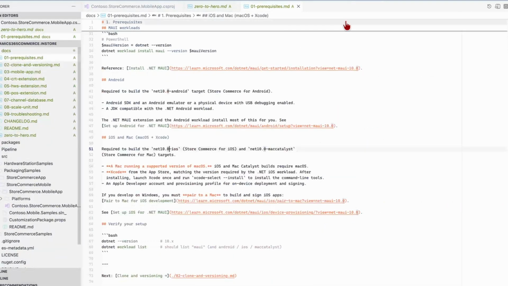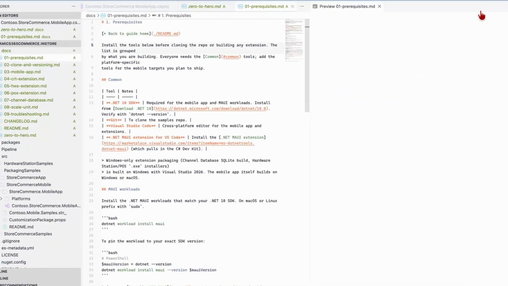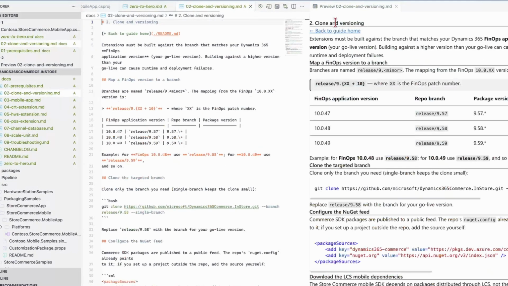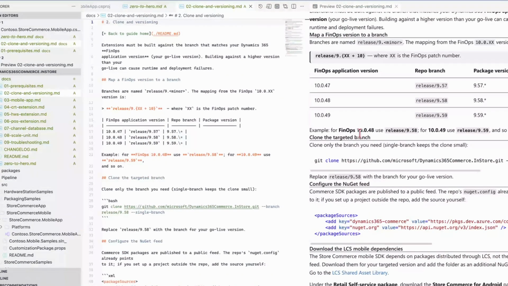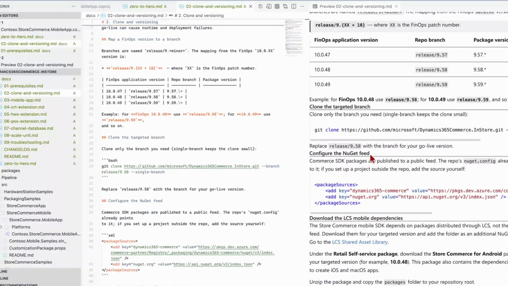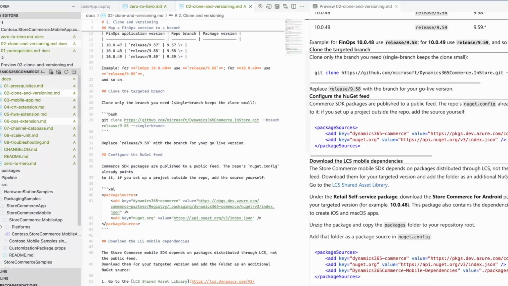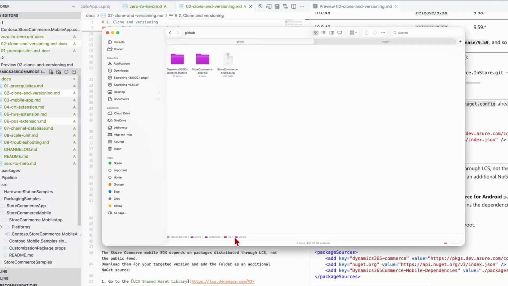So the very first thing, after we clone, and I clone the 958, 959 is going to be available soon as well, we will need to download the mobile packages from the LCS shared library. So I've already gone ahead and downloaded it to my folder. This is my folder. I downloaded the Star Commerce Android,